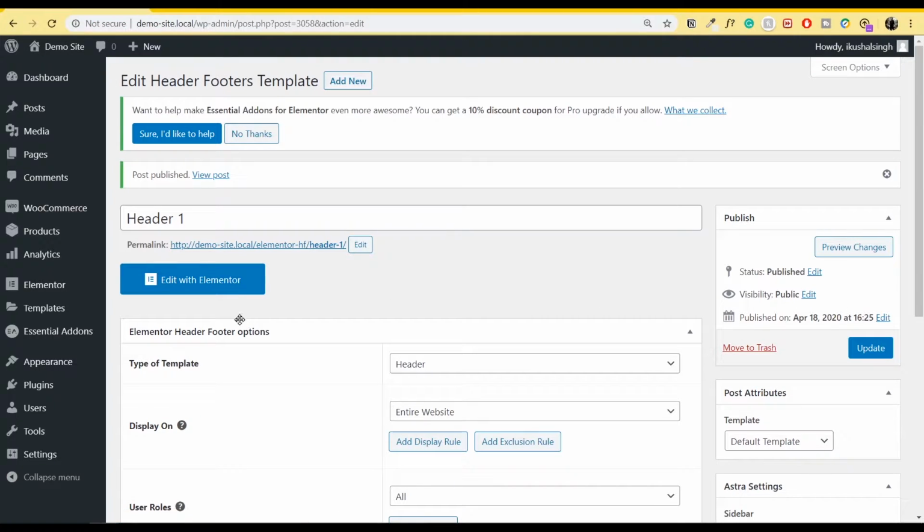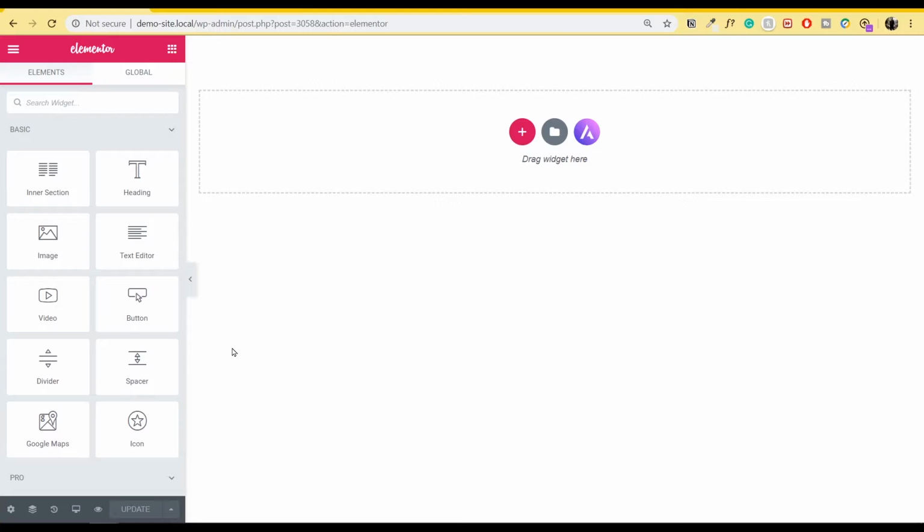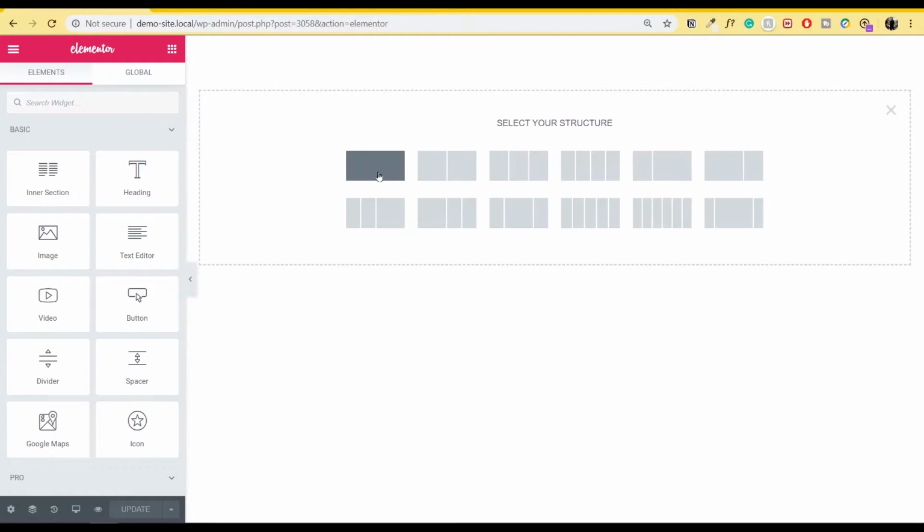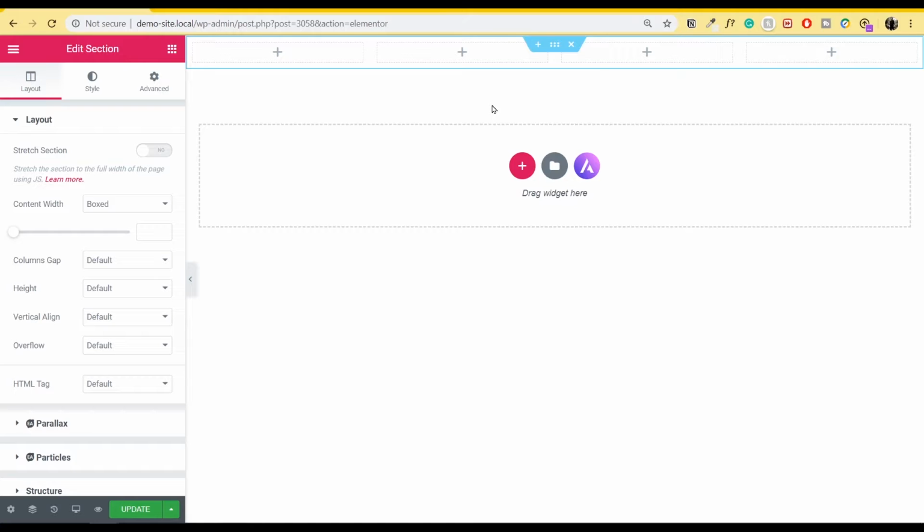Once we are done with publishing, let's click where it says edit with Elementor. This will take me inside the Elementor editor window. So let's start creating our menu. In order to create a menu, we'll be having an above header section as well as one main header. So let me do that. Let me create one section first. I'll click on where it says add a new section. Inside add a new section, I'll create one with 4 blocks. So I'll just click on this for now. So I have 4 blocks created. I'll keep changing the settings as the time comes.